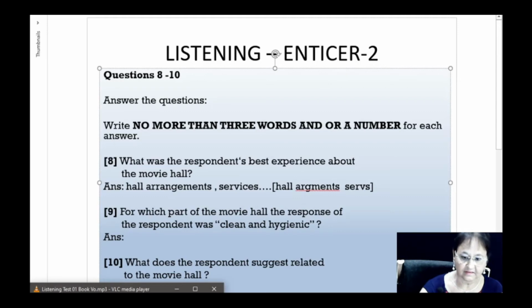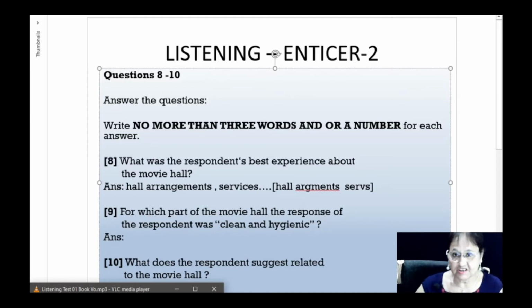Comfortable seats to enjoy the movie for 2 to 3 hours? They do, but I consider it good because the employees are very polite. They provide exceptional services. Now, what about the washrooms? They're really very clean and hygienic, even easy to use for elderly visitors. That's really nice. I've just